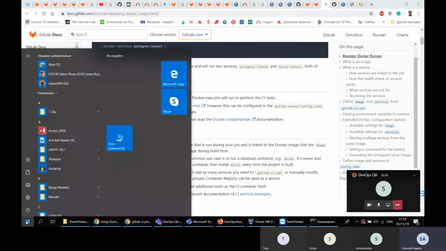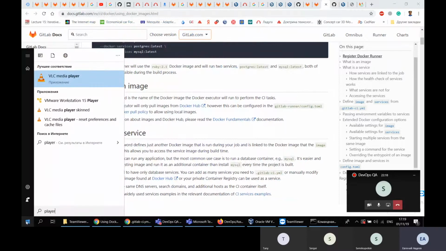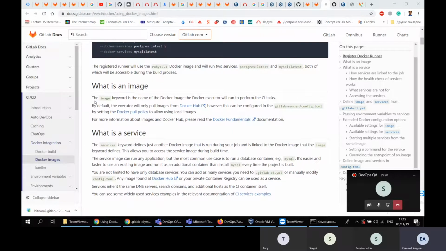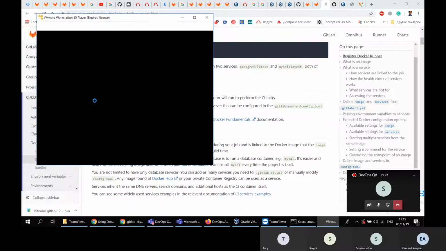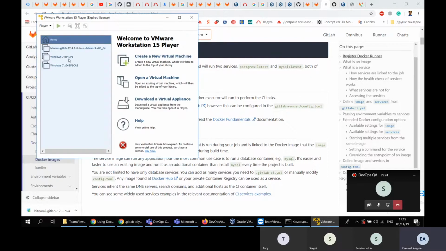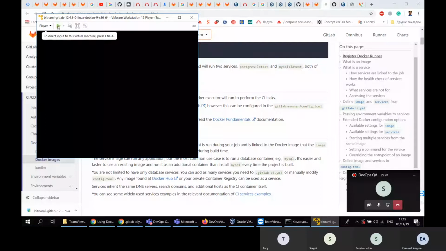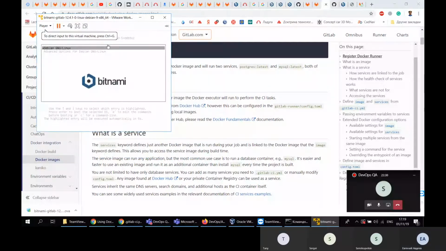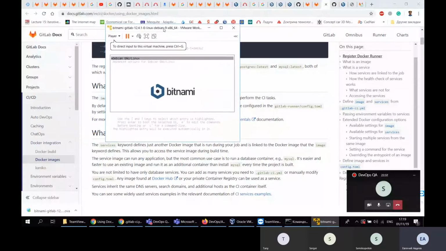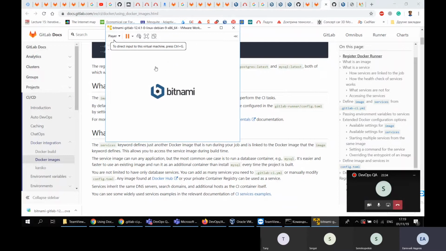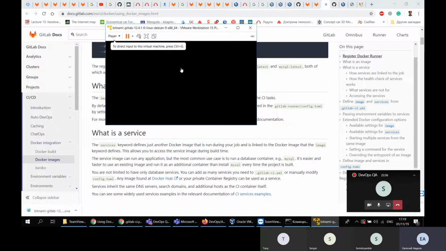Workstation, I will try with Player now. Okay, it started, but with this virtual machine